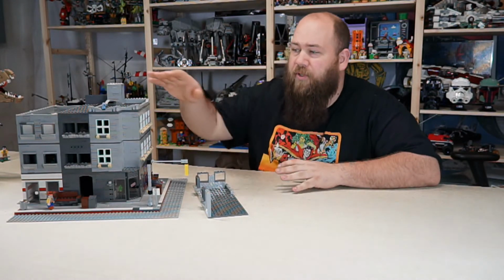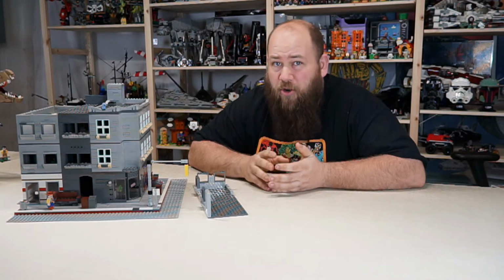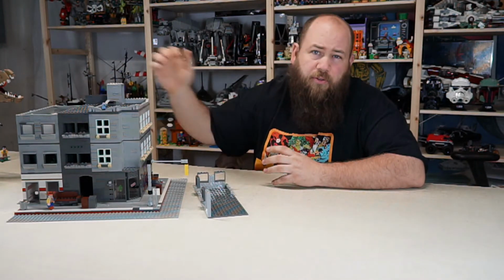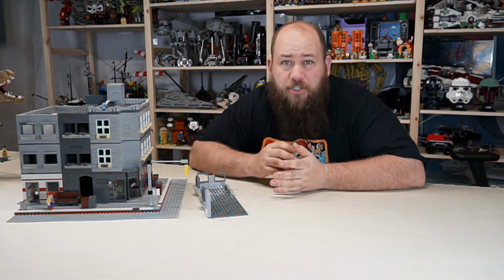This week we have completed the comic book store and finished the staircase in the middle. I might go back and add a couple details in the apartments, but the apartments are done. I have run out of the pieces that I need to complete the floor. I'm going to go up one more floor on this, then that will be done, and we will continue on the next building over, which is going to be the